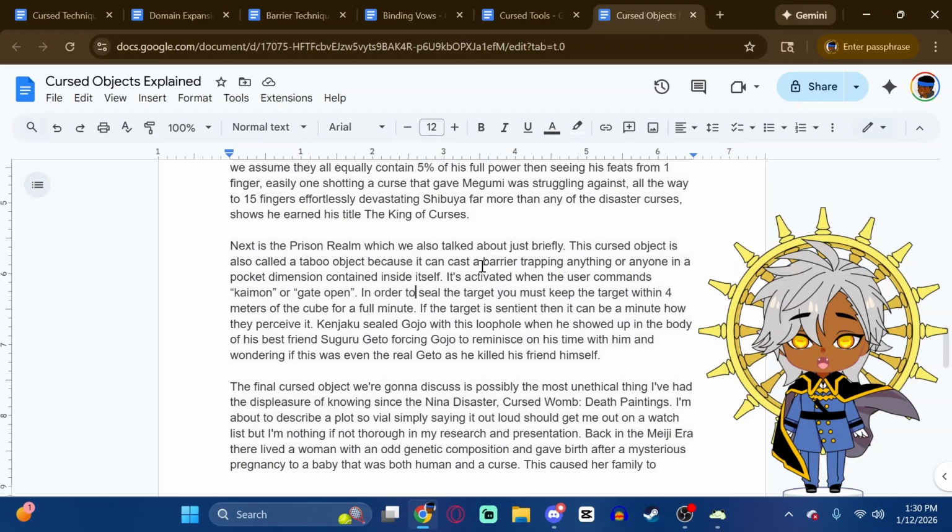So the next general overview is going to be the prison realm. We are going to talk about that just a little bit because there is some info on that. So in the prison realm,